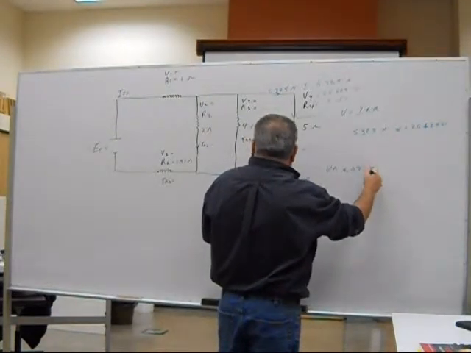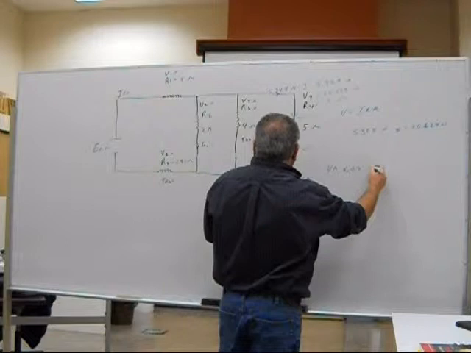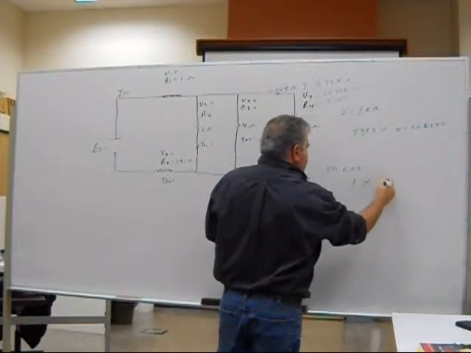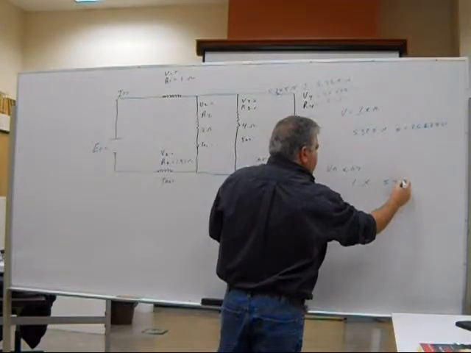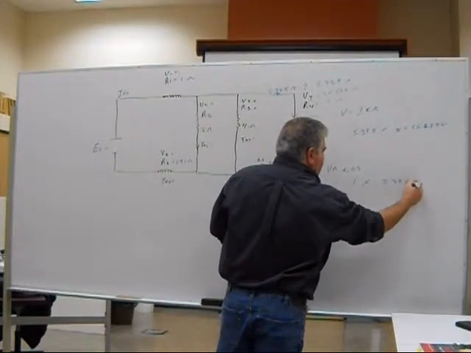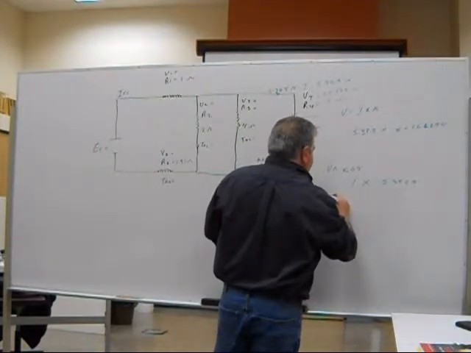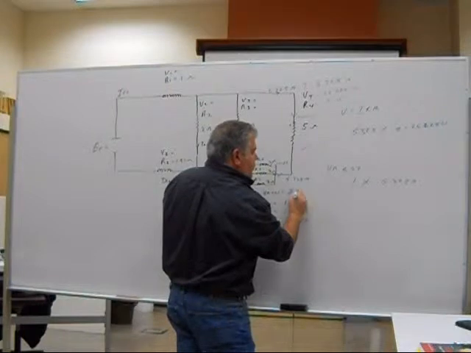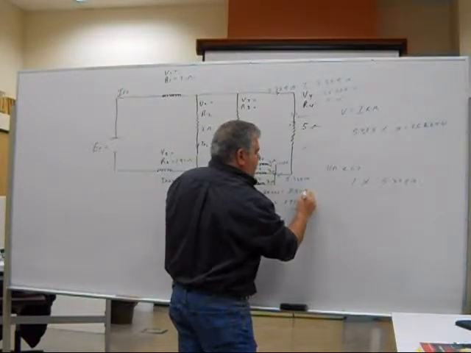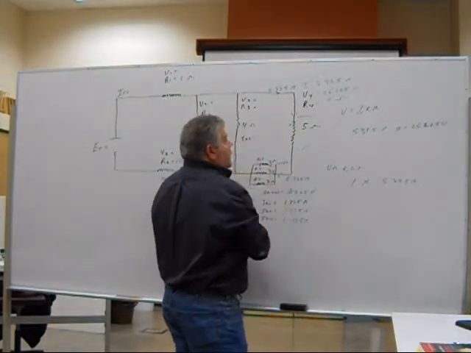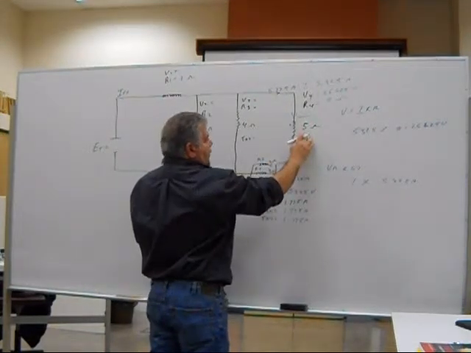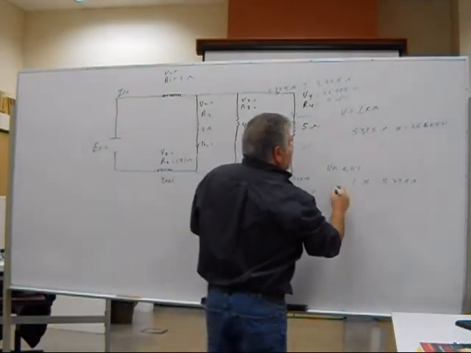It will be equal to 1 times 5.325 amps, which is equal to the voltage of 5.325 volts, which gives us a total voltage, a drop here, plus this drop here,